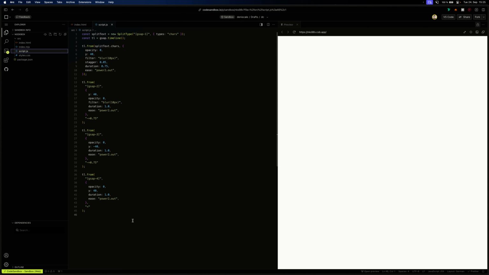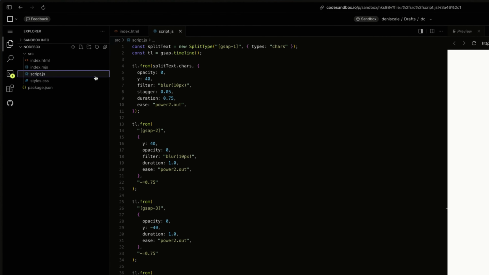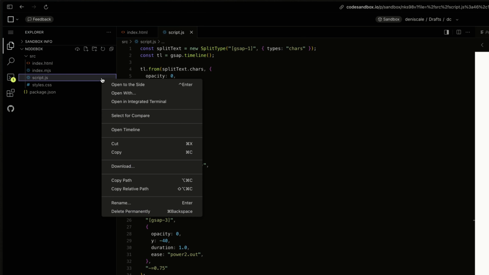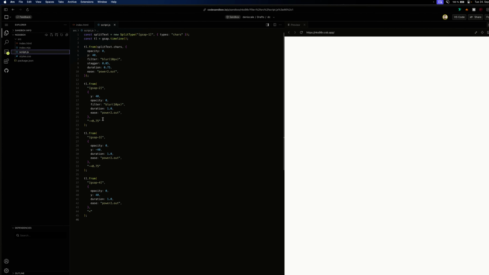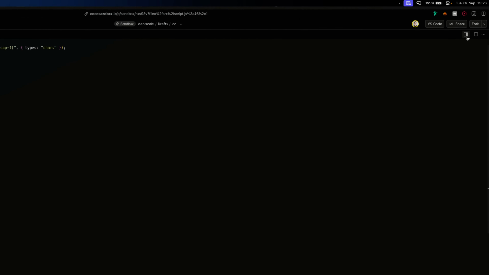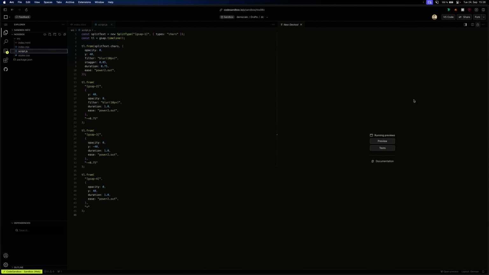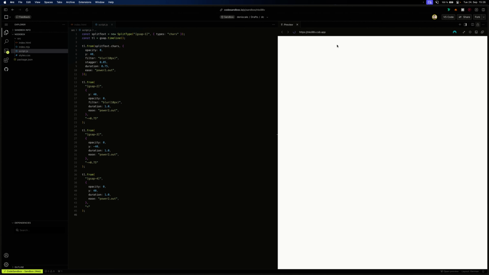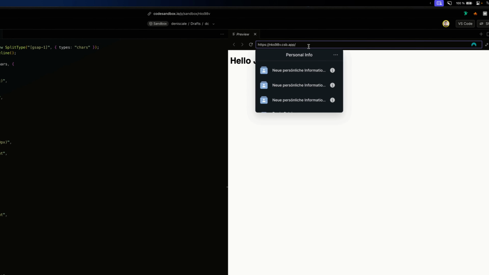And now to integrate this with Webflow, we'll have to go on the left side on the file we just created and then right click and copy relative path. Now on the right side, you're going to see this preview page. If you don't see it, just press this icon right here and then click on preview and it's going to open the same page. And now what you will have to do is paste here the path which I just copied